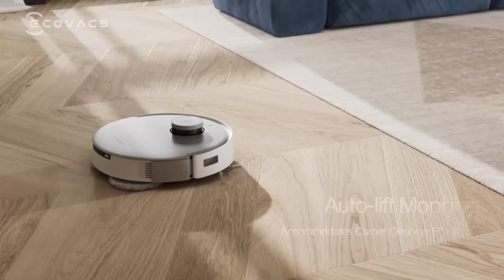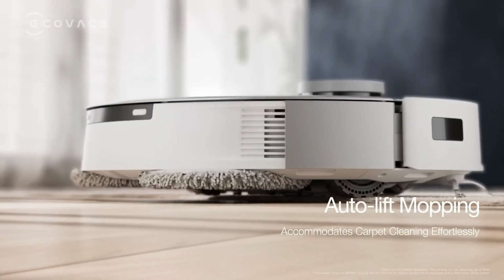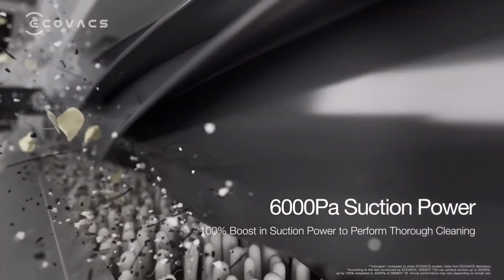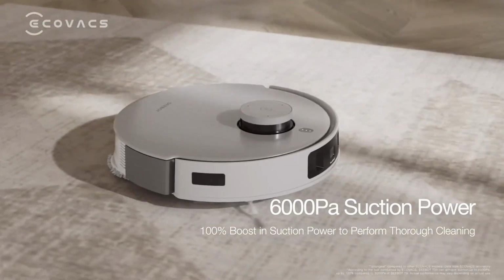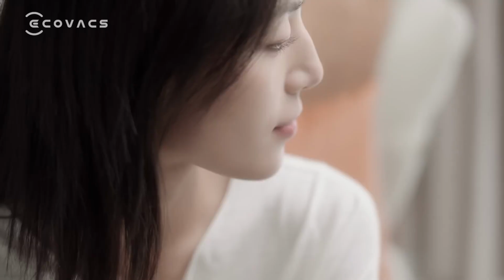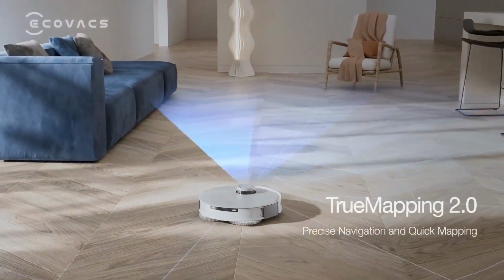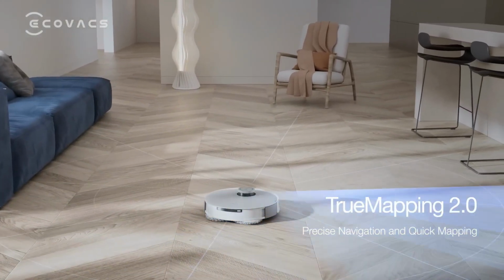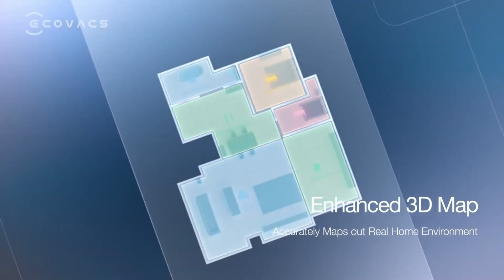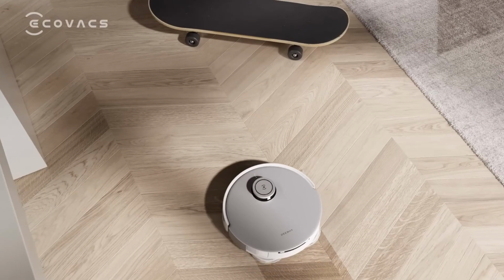We found it fairly quiet to run, and we're also impressed with the mapping and obstacle avoidance. However, like most robot vacuums, the edge cleaning could be improved. The self-empty charging base includes two 4-liter tanks for clean and dirty water, which are used not only for mopping, but also for cleaning the mop pads. As a result, it's pretty bulky, at 22.5 inches tall, 57 centimeters, and 17 inches wide, 43 centimeters, so not